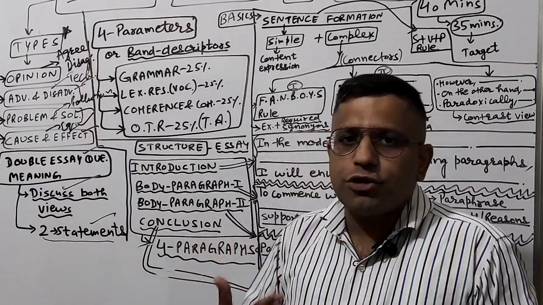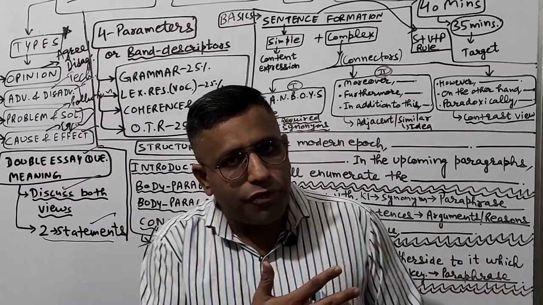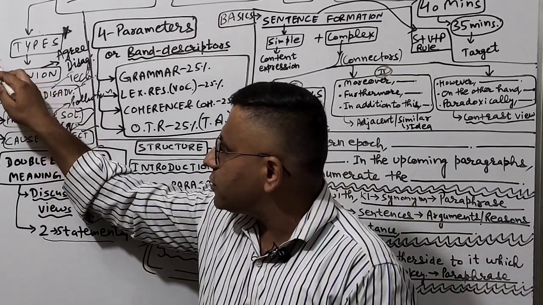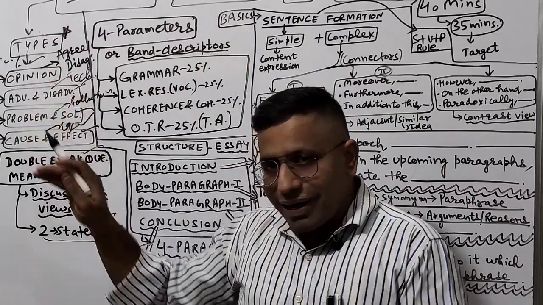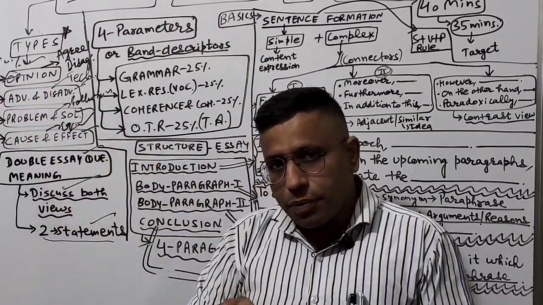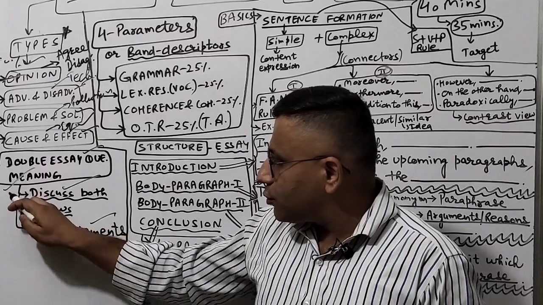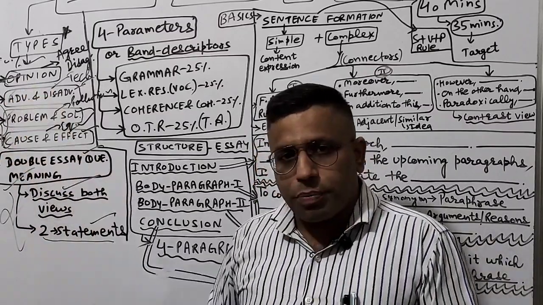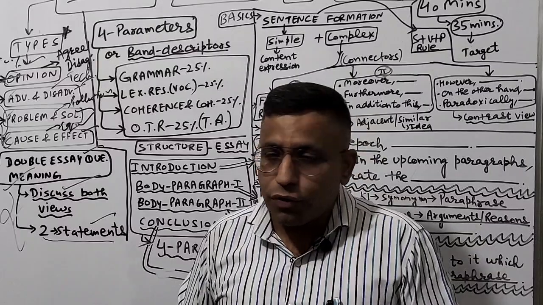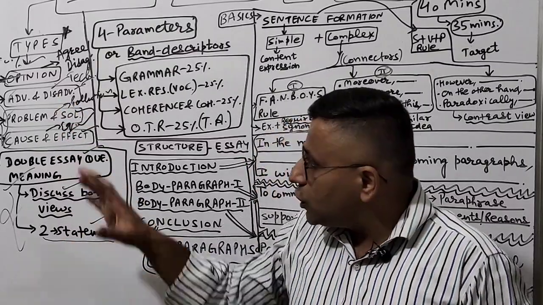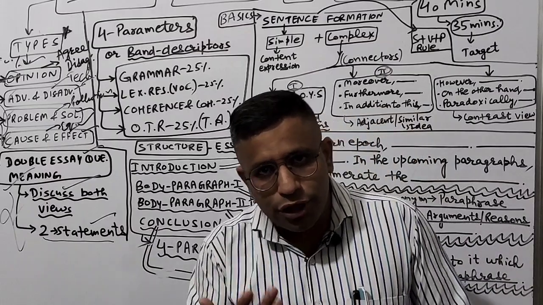So with the passage of time, you have to practice different kinds of essays, but 80% chance is the opinion based essay. So you might get 80% chances that you might get the opinion based essay in your paper, or the double essay question meaning also. Be any of these topics from the essay point of view, it will be more easy to comprehend and paraphrase also. So these were the very basic things related to the types of essays.